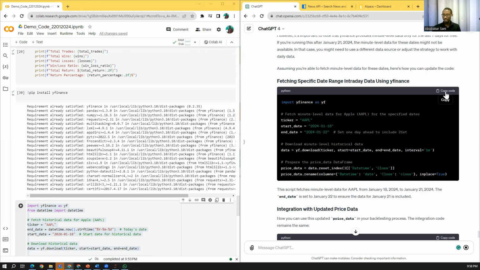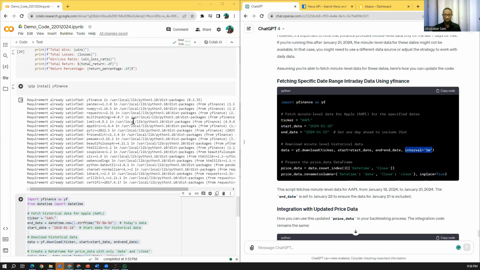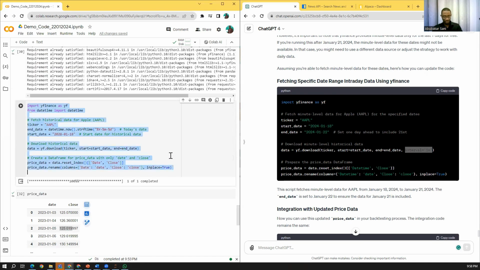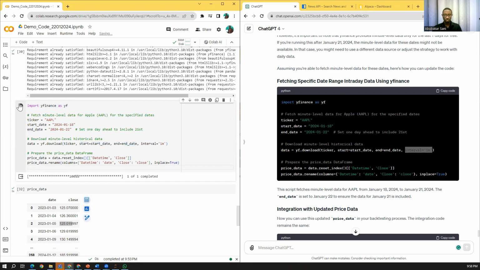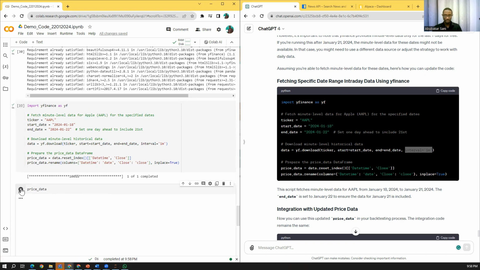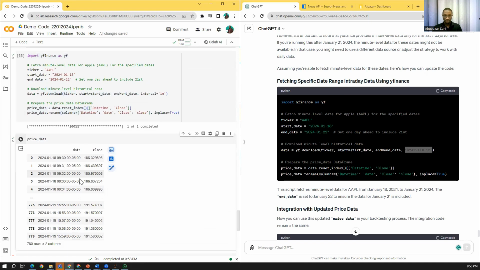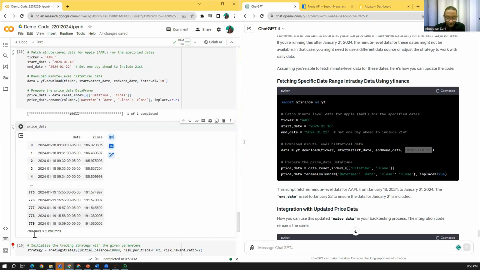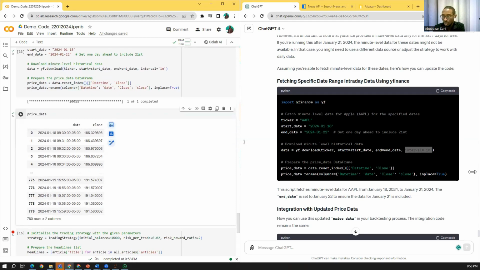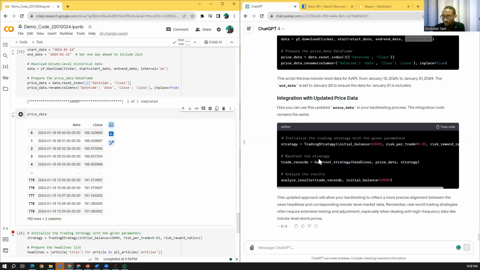All right. So this one has updated with the time. Yeah, the interval has now been added as 1 minute. You don't want to write that, so I can just come here and replace this part. Now let's look at the price data. You see on the 18th, 930, 931, 932, this was the pricing. We have around 780 rows. Okay, now we are happy.